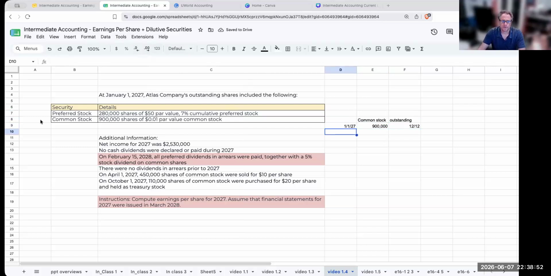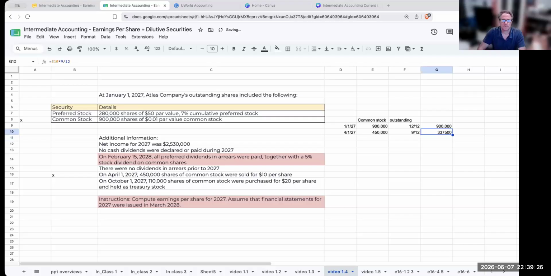Then there were no dividends. On April 1st, I issued 450,000 shares. During 2027, it's outstanding from April 1st to December 31st, which is April, May, June, July, August, September, October, November, December. So 9 months, so this is 9/12,